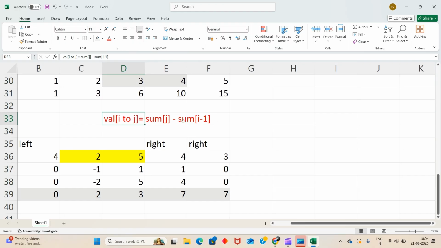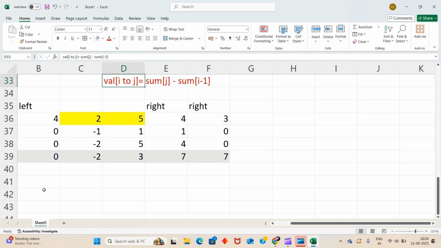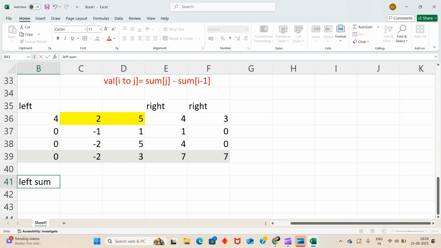Now sum of I to j. I is my 0. If my I is 0, in that case it will be just sum of j. To find the left sum, see, my value will be